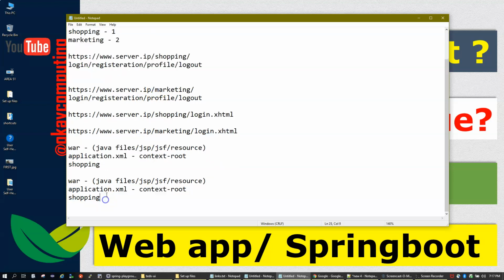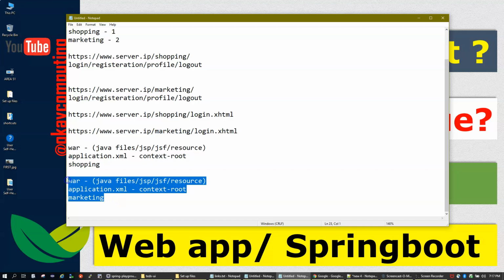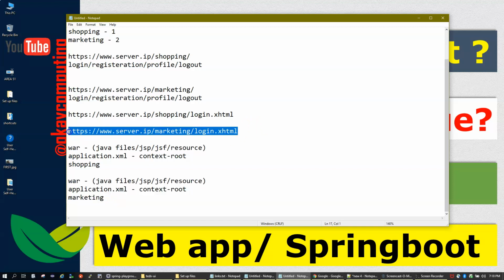This is how your server will go and look for the WAR file having context root shopping or marketing. Depending on the application URL, if the context is shopping, it will serve this URL, and if your context is marketing, your server will know that the marketing application will serve this URL. So this is all about the theoretical things.